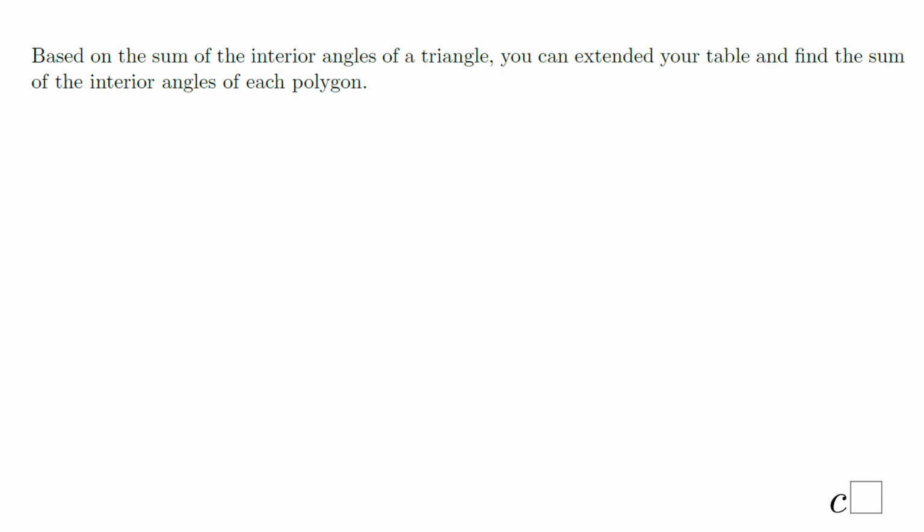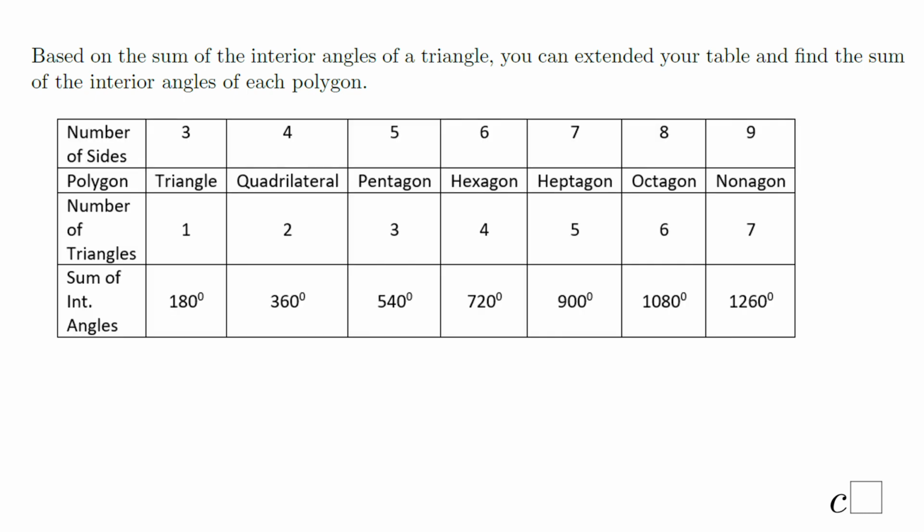If I extend this table, I'm going to get exactly what we had in the first part of the previous slide. So a triangle 180, two triangles 360, three triangles, which if you remember was the pentagon, 540, 720, 900, 1080 for an octagon, and now for a nonagon